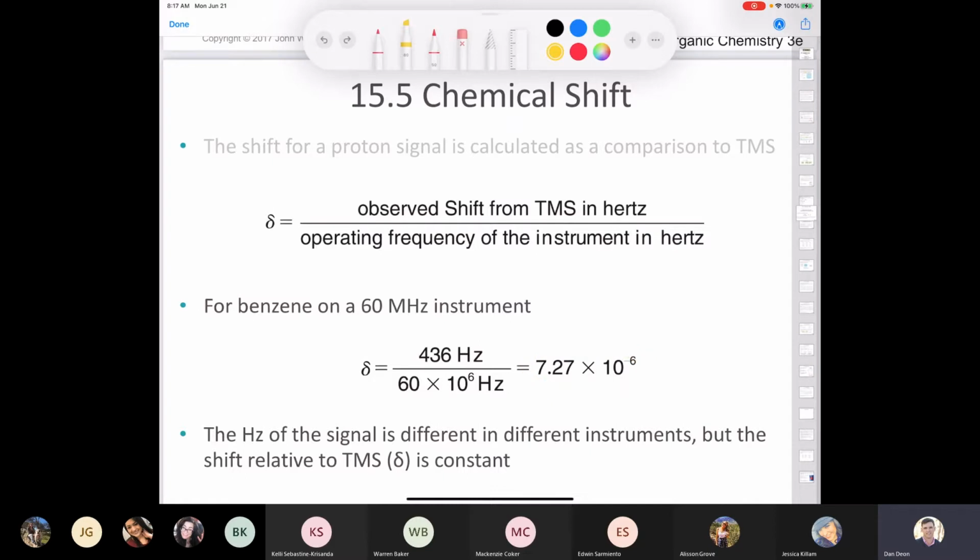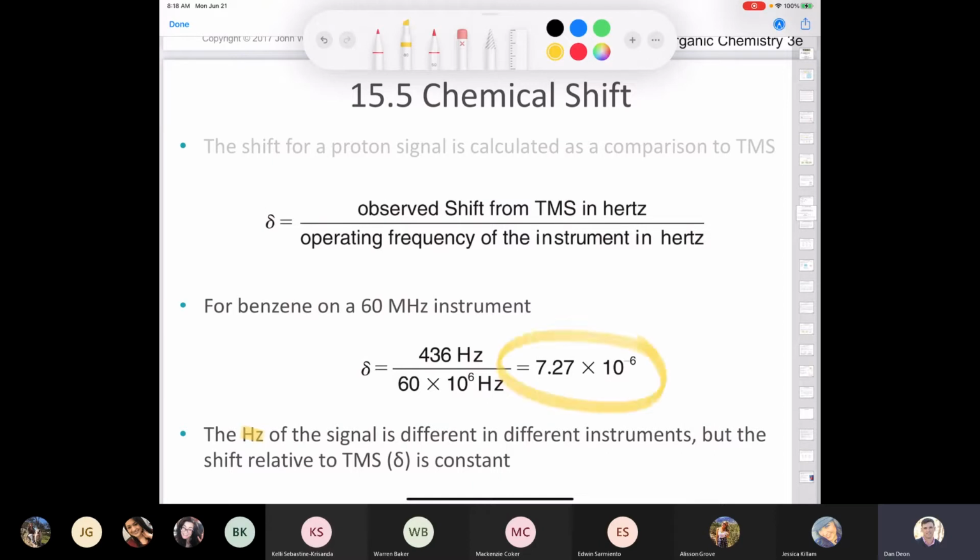So the resonating frequency of the signal is different in different instruments, whether it's a 60 megahertz, a 300 megahertz, a 500 megahertz, whatever, but the shift relative to tetramethylsilane remains constant. And that's the important thing. That is what allows researchers to communicate with one another wherever they are, in different cities, states, countries, continents, because no matter what type of spectrometer you use, you're always going to measure the resonating frequency, and then divide that by the operating frequency of the instrument,